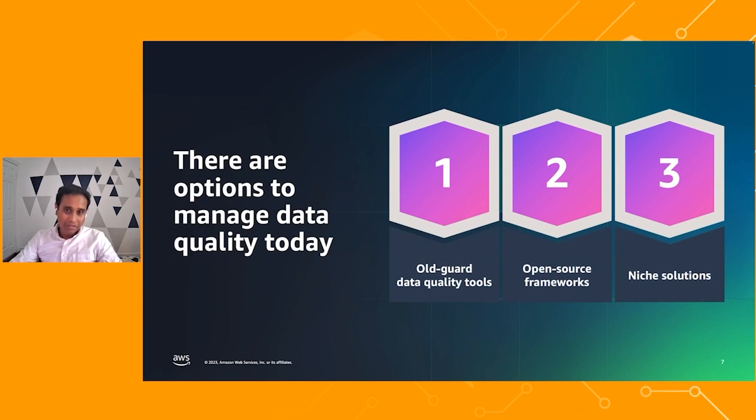The second option, which seems to be the more prominent option, is open source frameworks. There are a bunch of open source frameworks, including Amazon DQ, which allows our customers to manage the quality of data. Obviously, the cost is low. You can download them, install them on your on-premise or cloud, and then run it. The third is niche solutions, which are recent, like startups that are envisioning machine learning based data quality. So these are really the 3 broad buckets of data quality solutions that are available today.